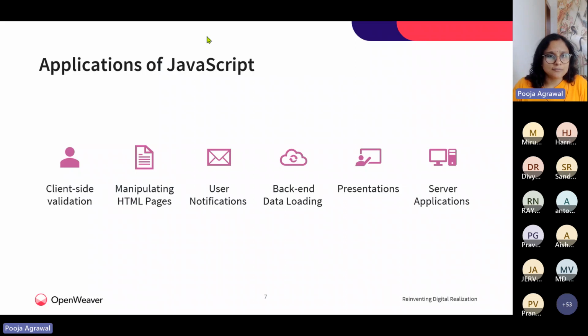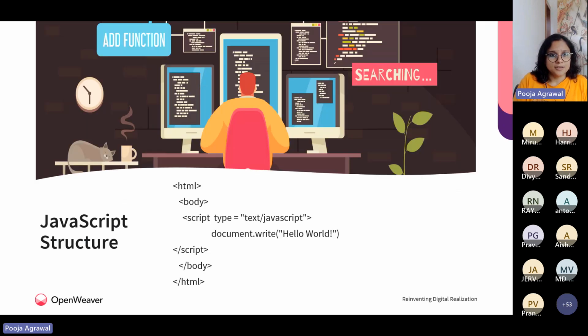So even all these different applications that are possible with the different libraries, the community support, the open source nature of support and tools that have been provided to this programming scripting language primarily. So we talk about the structure quickly, where we say, do you embed it within the body,